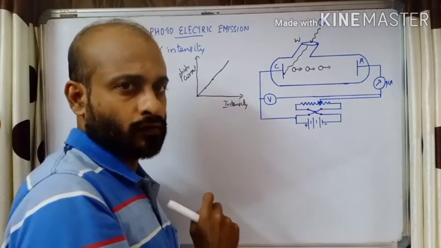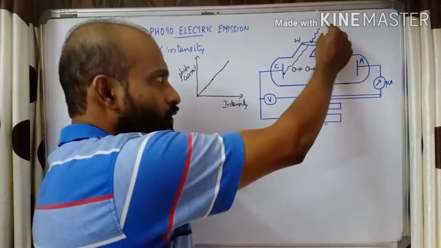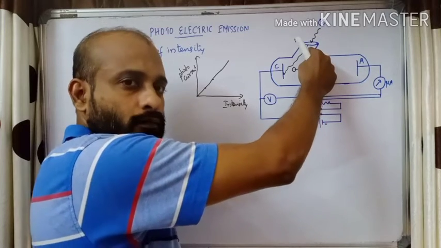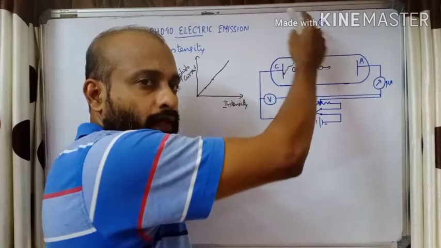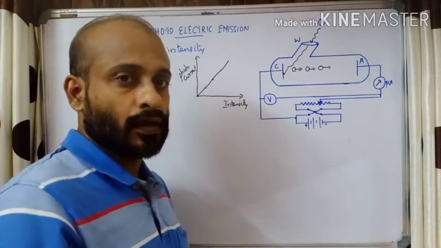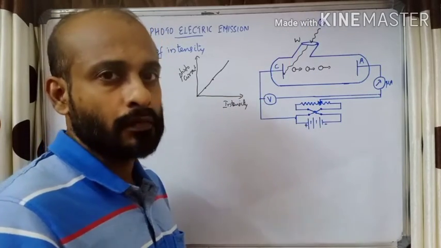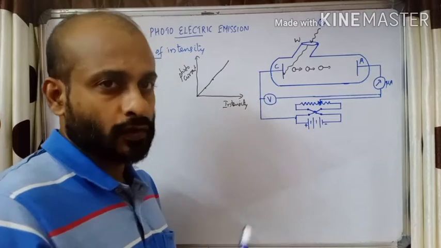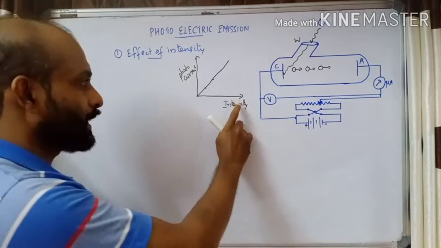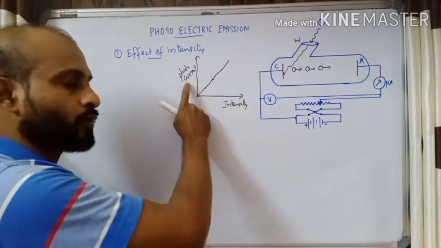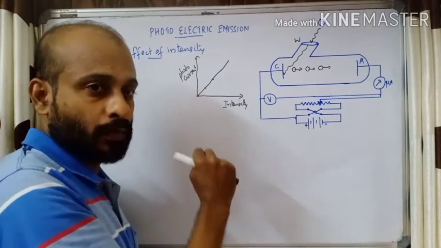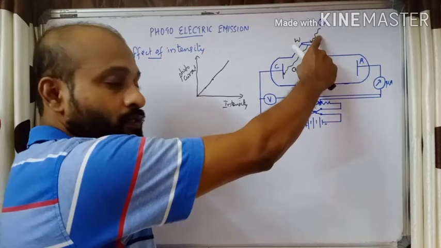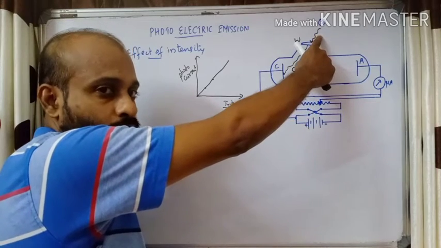To increase or decrease the intensity, we have one more method. If you have only one source of light, you place the source of light very close to the window, the intensity will be large. When we move far away from the window, the intensity gradually decreases. In that manner also, we can carry out the same experiment. So, to study the effect of intensity, it is seen that the intensity of light is directly proportional to photocurrent. During the experiment, two things you need to remember. We are keeping the frequency of the light source the same.